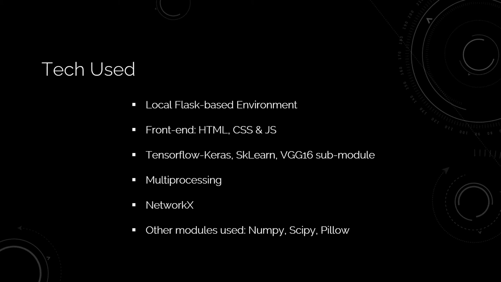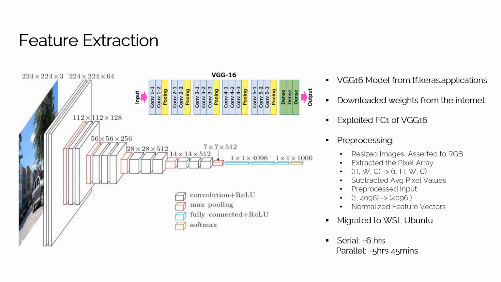We've made use of the multiprocessing library majorly, NetworkX for managing and curating graphs, and other modules such as NumPy, SciPy, and Pillow. So we've performed the feature extraction using the VGG16 model both serially and parallelly, and it took about 6 hours for the serial implementation and pretty much the same time, around 5 hours 45 minutes for the parallel